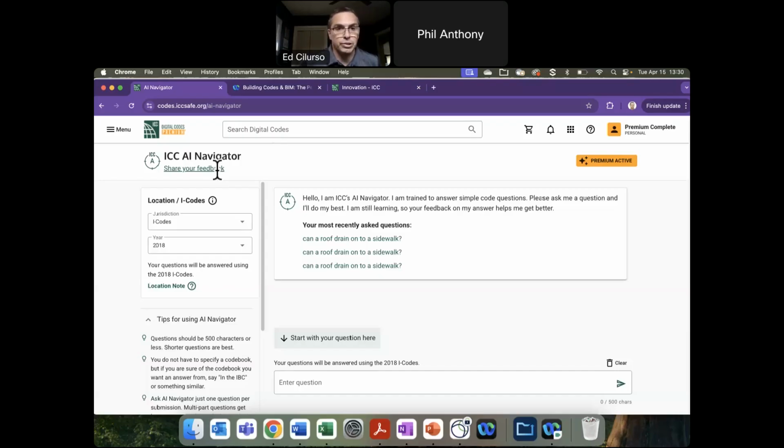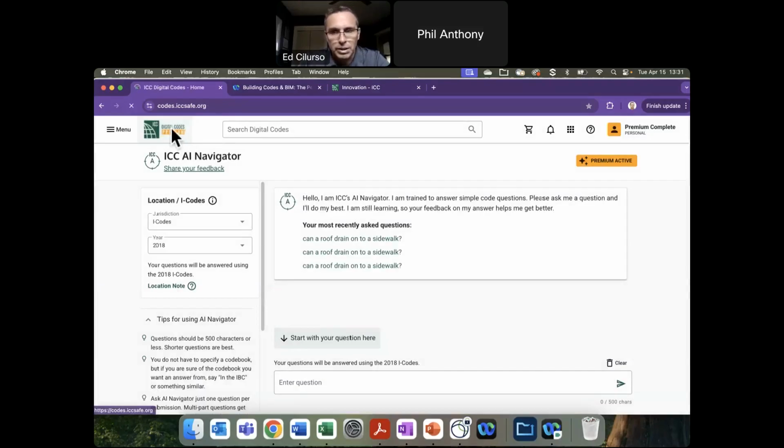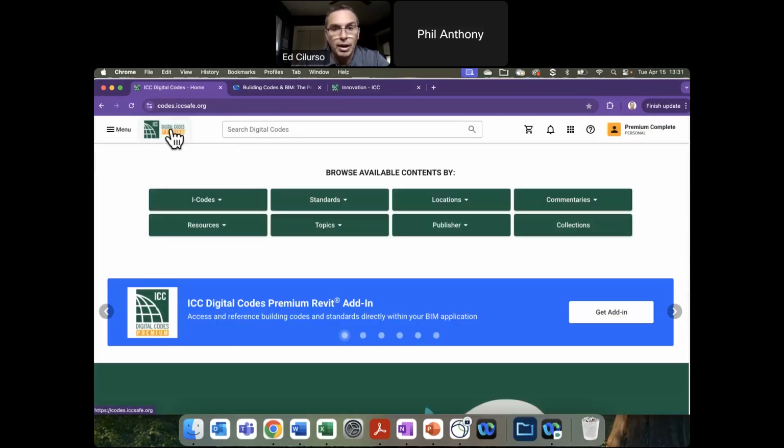And there are people that are definitely interested in using AI Navigator in that way, because we're going to keep evolving it and training it and keeping it up to date on codes. So for others it could potentially be a way for them to not have to do that and incorporate AI Navigator into a larger chat system they're using, as what would be known as a specialist agent within another chatbot. We are not opposed to that type of use. We probably in some cases would decline it for certain types of applications, but it is something we're working on. So if you want to write me and inquire about that, I'm happy to talk about it.